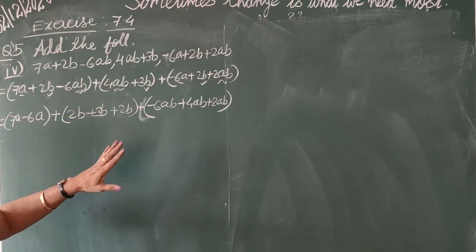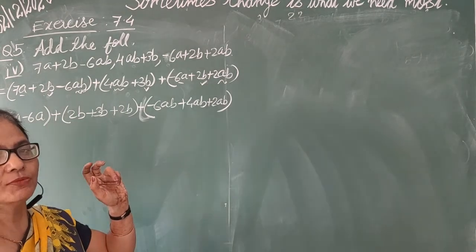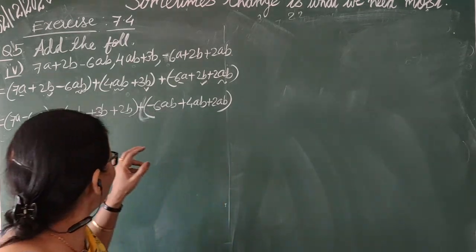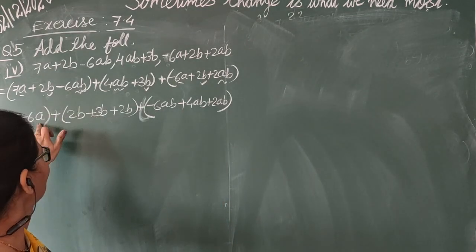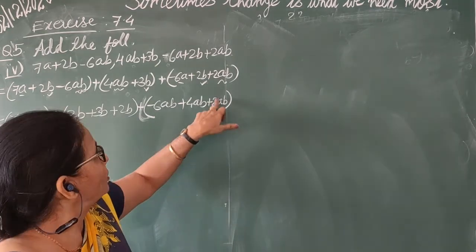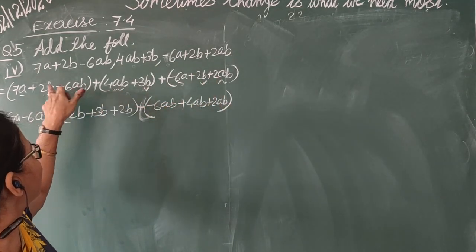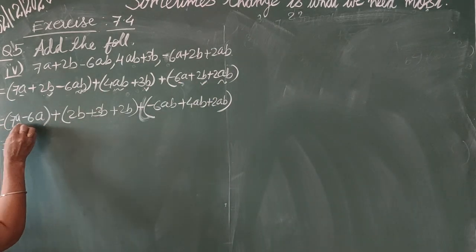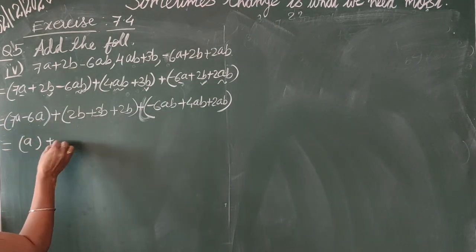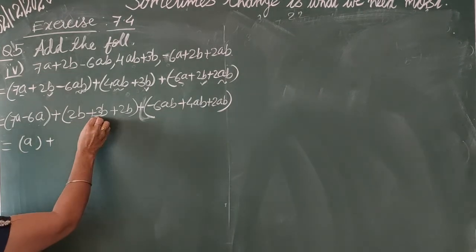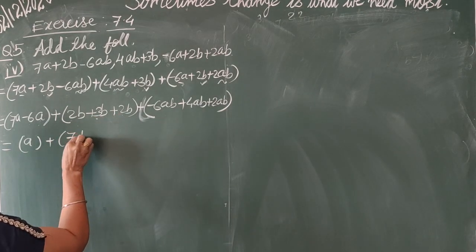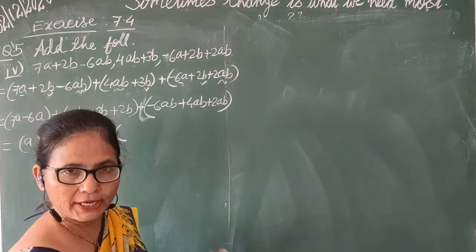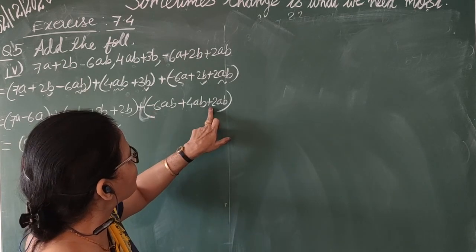Okay. Now see, after collecting the like terms, sometimes students miss writing some like terms. So for that there is one solution. You count it 1, 2, 3, 4, 5, 6, 7, 8. Here also see 1, 2, 3, 4, 5, 6, 7, 8. 8 terms are there. It means we have collected all the like terms. Now 7a minus 6a is a. 2 plus 3, 5. 5 plus 2, 7. So it is 7b. Minus 6 plus 4, minus 2. Minus 2 plus 2, 0.